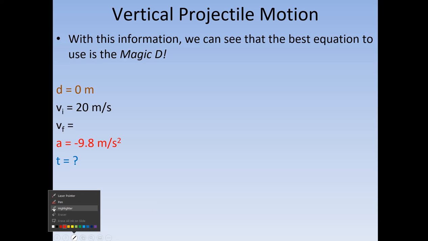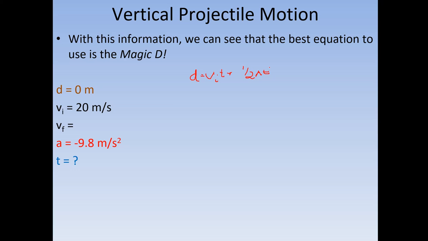I'll show you really quickly how this would be solved, since some people end up having a little bit of issues. So we use d equals vit plus 1/2 at squared. Plugging in the numbers, we have 0 for d, vi is 20, t, 1/2 of negative 10, t squared. Because of this 0, I can actually add the 5t squared, because that's 1/2 of negative 10, add 5t squared to both sides,